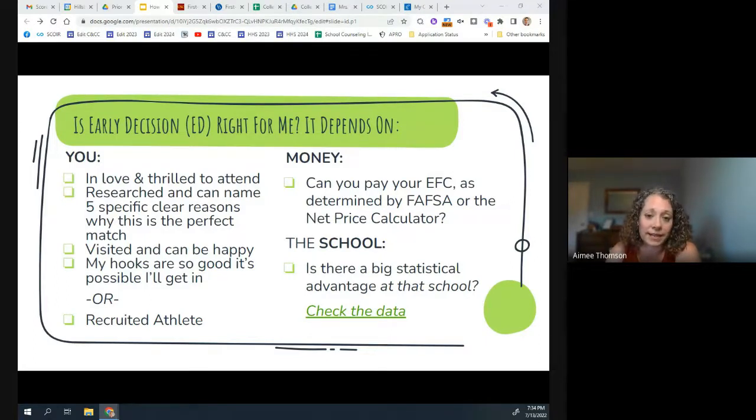Odds are not great. Odds are also good that it's a really highly selective school, which also makes your odds not that great. Of our 11 that were deferred, 1 was ultimately accepted this year, the others were not. So that gives you some kind of idea of what we're talking about.